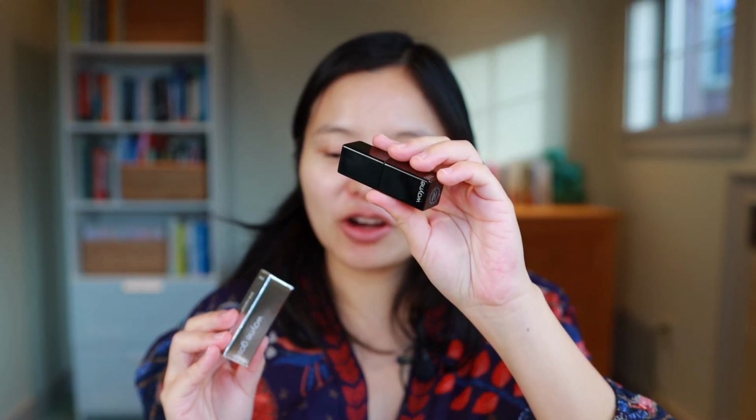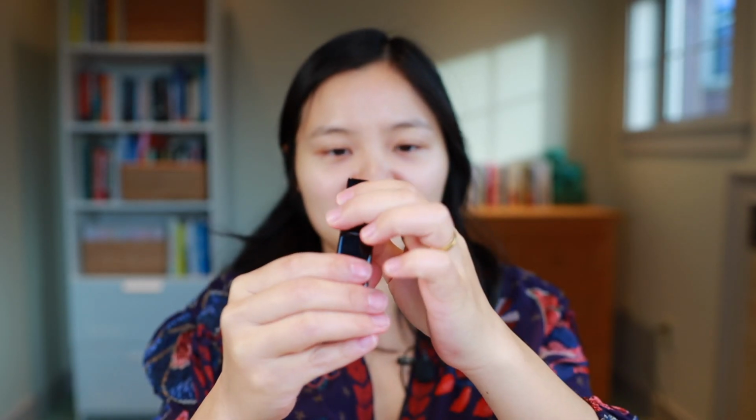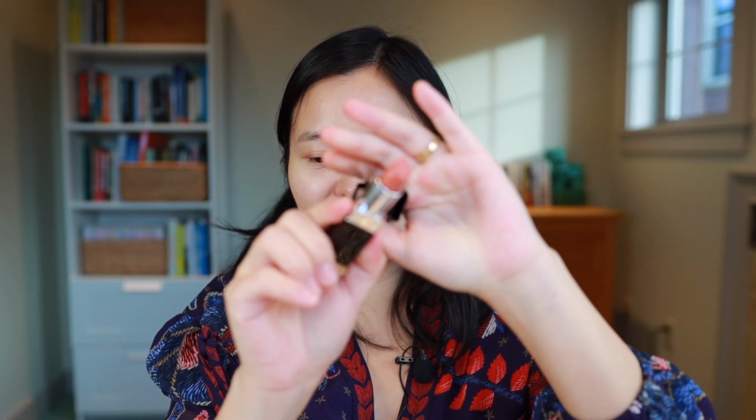And I actually think I already have this. Let me check. I brought out all the products. Yes, okay. So I do actually already have Dahlia. Let me show you guys what the shade looks like. It's sort of a light